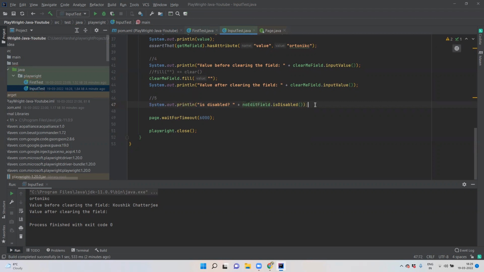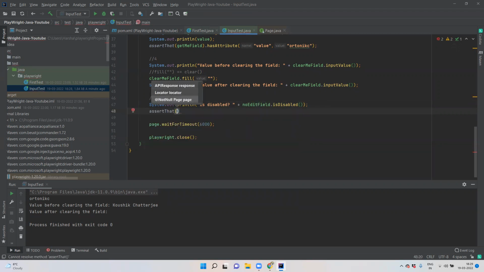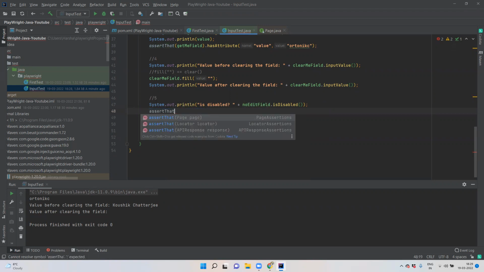This is how I can print on the console. And we can use assertThat as well. We can assert that value. Here I'm passing my locator to the assertThat method. If you observe, assertThat is taking